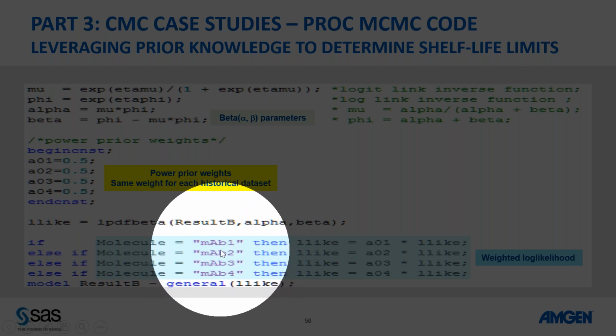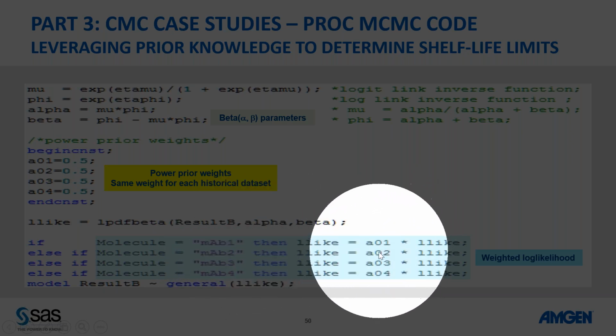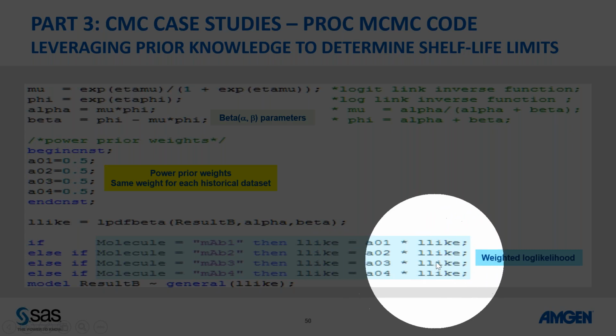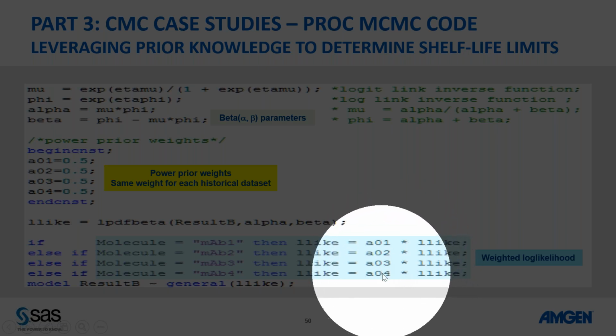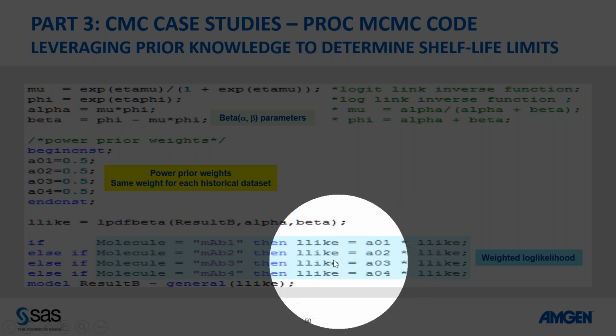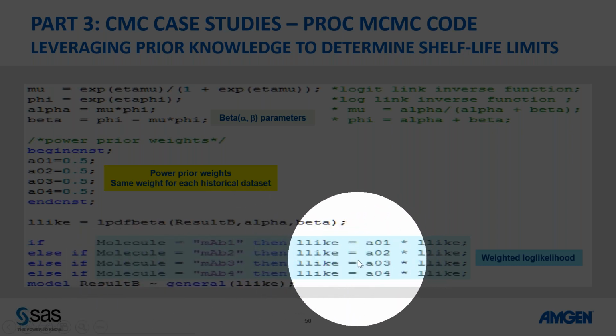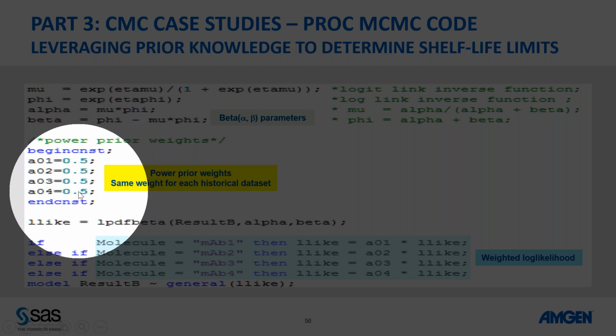But for any other molecules, that likelihood is being weighted by different historical weights of the discounting parameter, A0, such as 0.05. Because they're the same, we could simplify the code by just weighting it all by 0.5. But we want to illustrate using the code here that you can change A0 to be different, and this code is more general for that purpose. Exactly. So this could be 0.1, this could be 0.9.